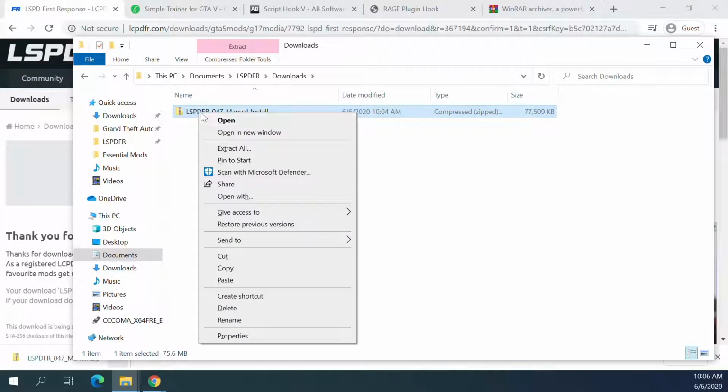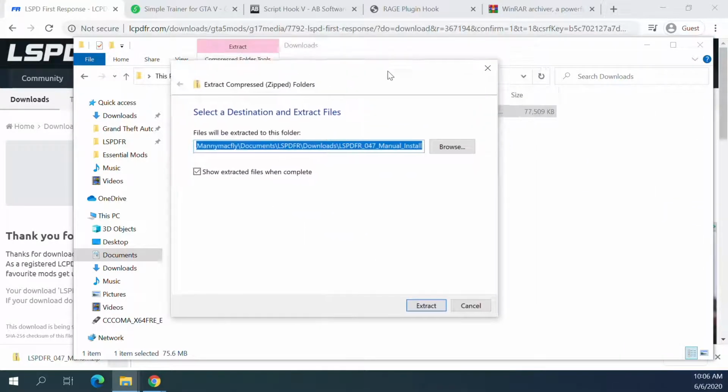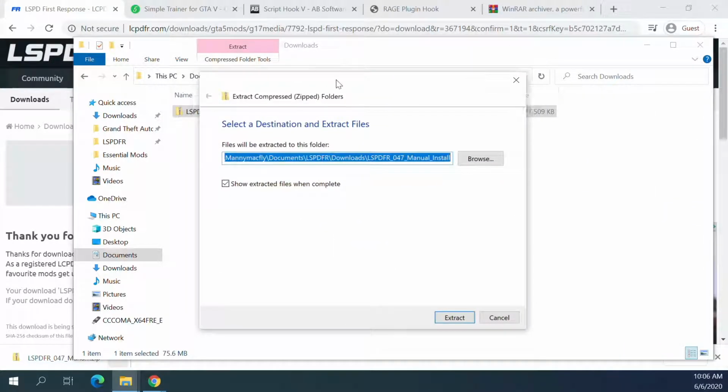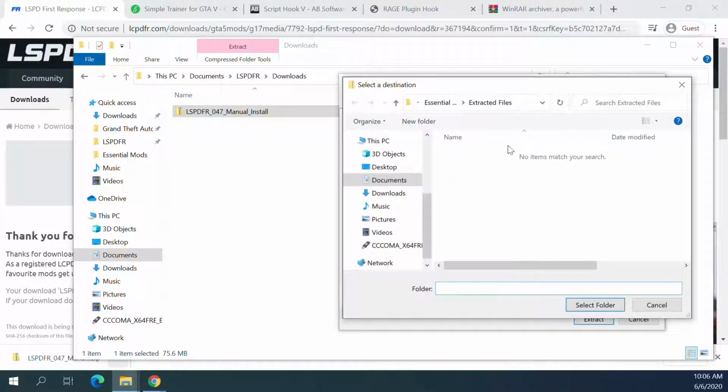So we're going to right click on that and choose extract all, and it's going to give us a dialog box. Let me move that dialog box over to this window. It usually takes you to the path where the file that you're extracting is. Show extracted files when complete is checked, so it'll open the folder and show us all the files once it's finished. Let's click browse, and let's